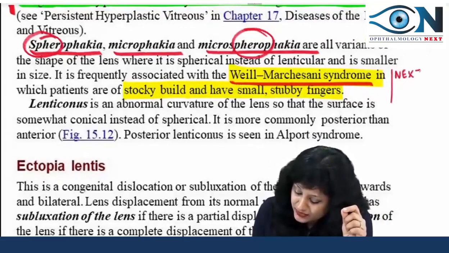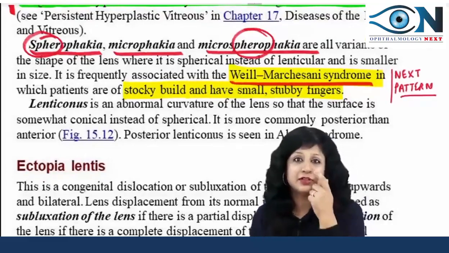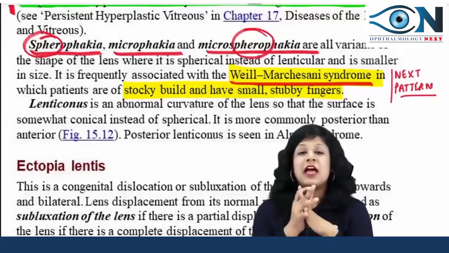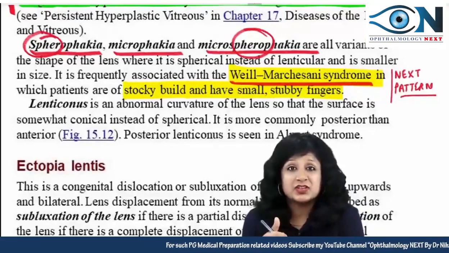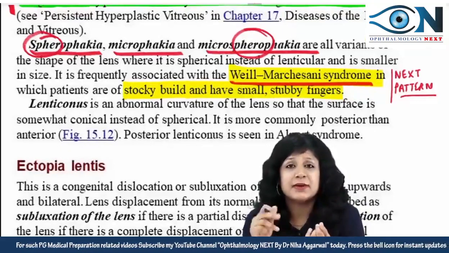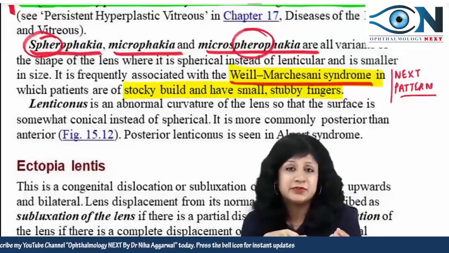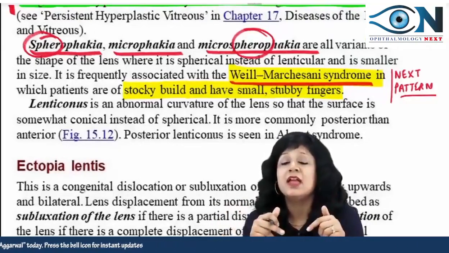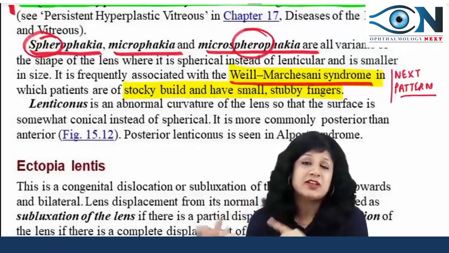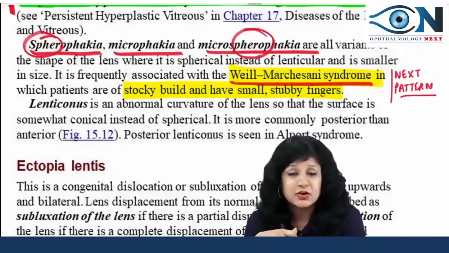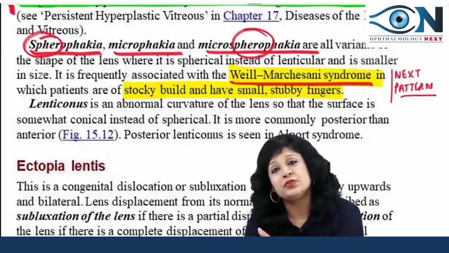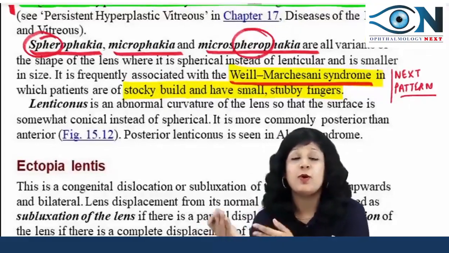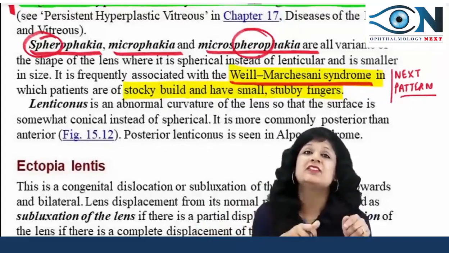Next, pattern question. If you remember, I had given you a similar question in your fast track TND also. I told you there also that I framed the questions from the Parsons. So this will again give you an integrated question. The question will look as if it has come from medicine, pediatrics, and ultimately it will land up in ophthalmology, or the other way around, because this baby will be of Weil-Marchesani syndrome. Now Weil-Marchesani syndrome will also give you ectopia lentis, okay. So they can start with ocular features and end up asking you the type of syndrome, or they can give you the systemic features and ask you the ocular features.